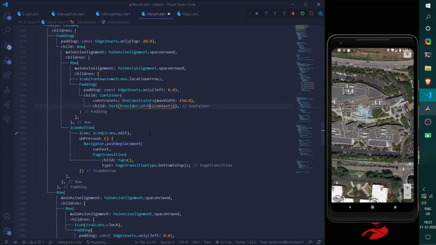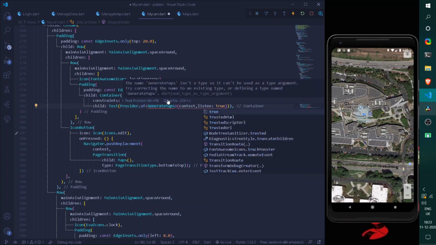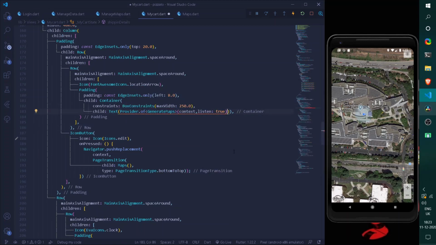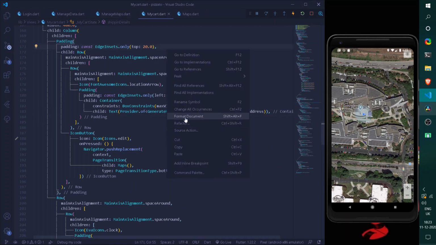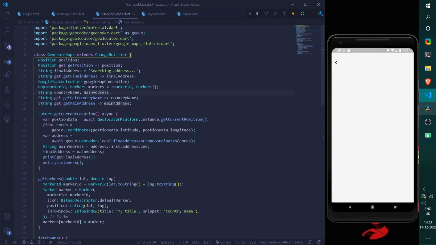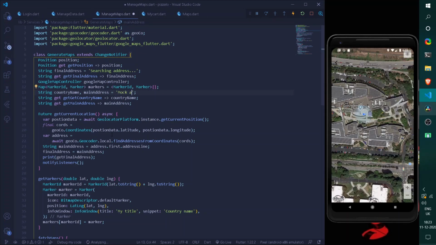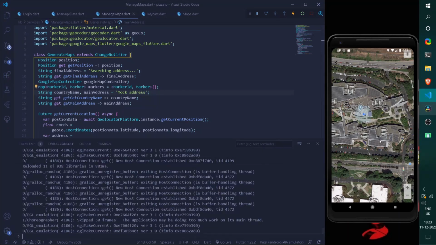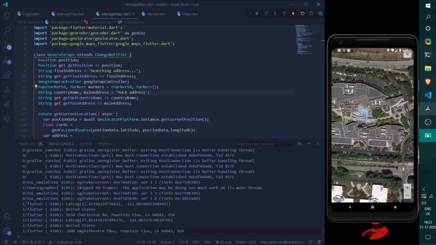Not manage map but generate map. So here we will be simply returning the value to be true, because we shall be rendering our entire application. And from here I will simply get our final address. But to get rid of all the errors, we can simply go under our manage maps. Here let's give a mock address to be the mock address itself. So after pressing over this, the final address is this one.